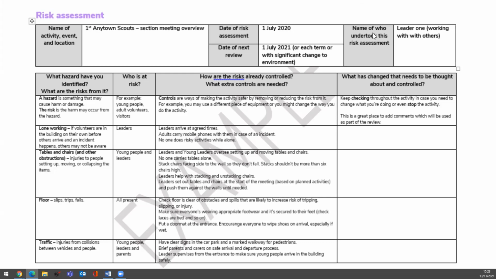And so yeah, hopefully, does anybody have any questions about this template, or does anybody use this form already, or use a different type of form that really works for them and is in a different format? I've got a different form. Mine's got 5 columns, and the hazard is listed on the left-hand side.